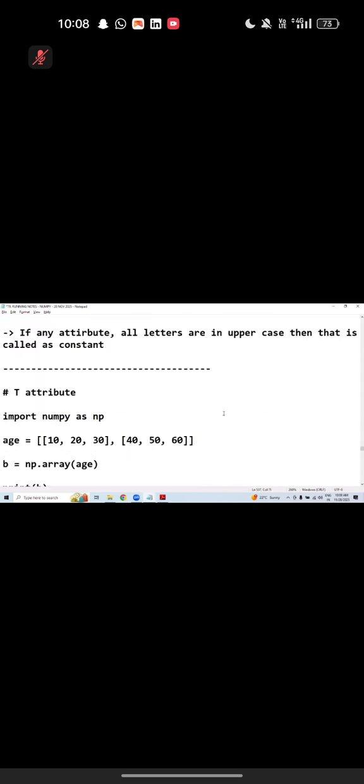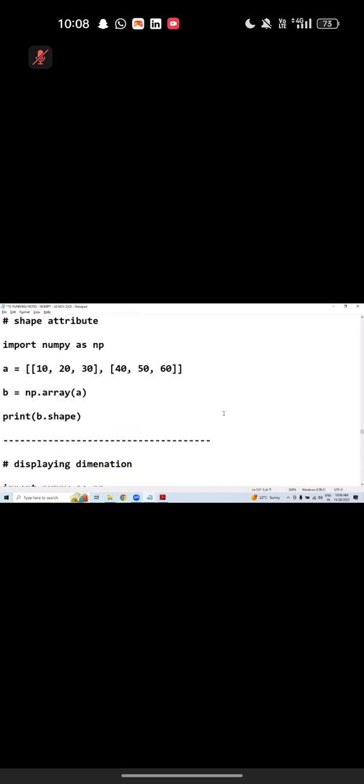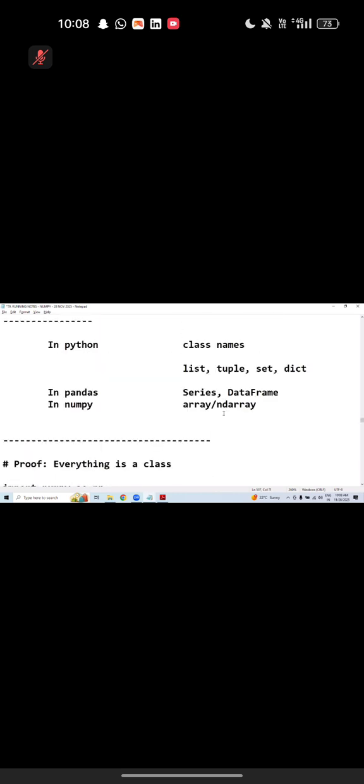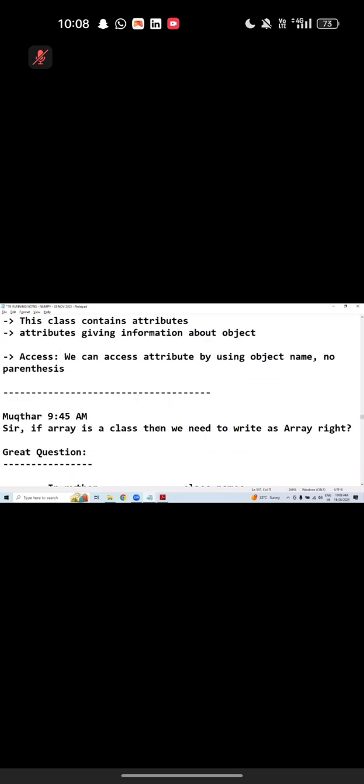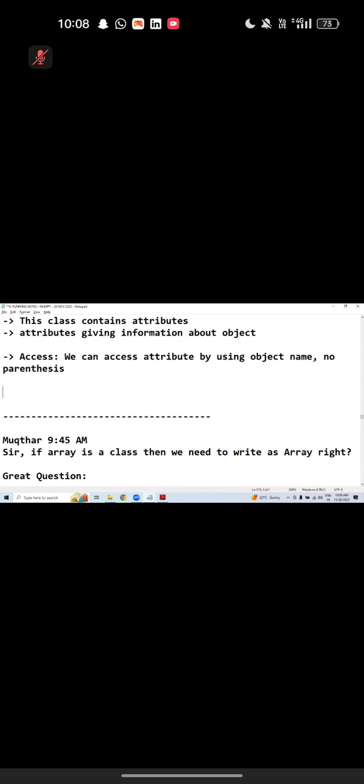Same point can I highlight actually? Go to attributes. Same point I wanted to include here. While accessing an attribute, the name should match. Otherwise,